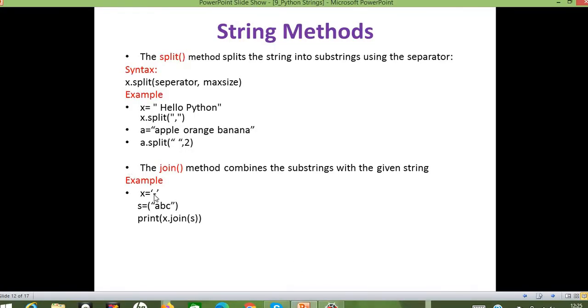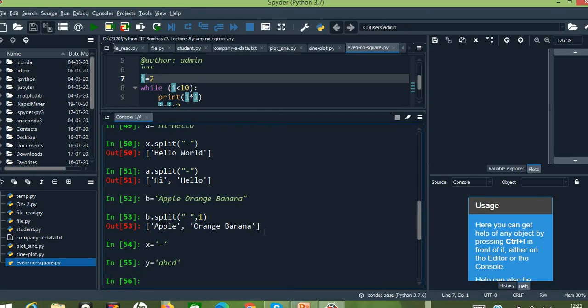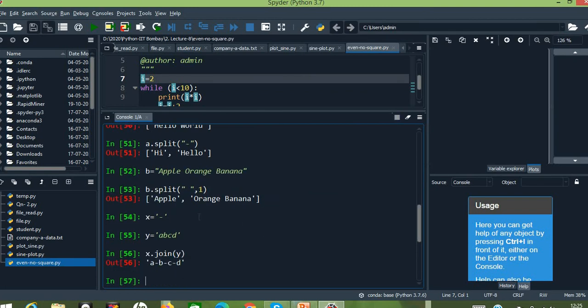So I have to go for x dot join, within bracket we need to supply the variable, right?